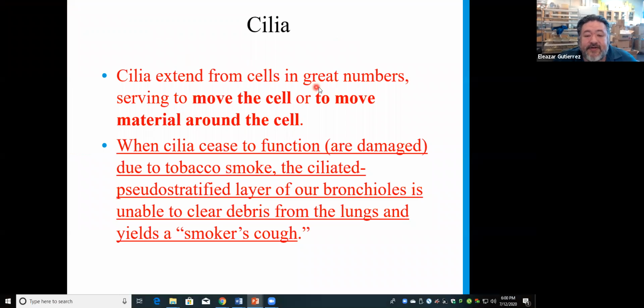So cilia stand from cells in great numbers and serve to move the cell or to move material around the cell, or as you saw, to feed a cell, right? When cilia cease to function or are damaged due to tobacco smoke, the ciliated pseudostratified layer of our bronchioles is unable to clear debris from our lungs, and it yields the so-called smoker's cough, okay? That's my PSA for the day. If you want nice, healthy cilia and pseudostratified epithelium, stop smoking so that they're healthy and they can clear